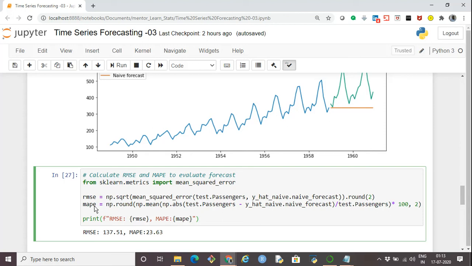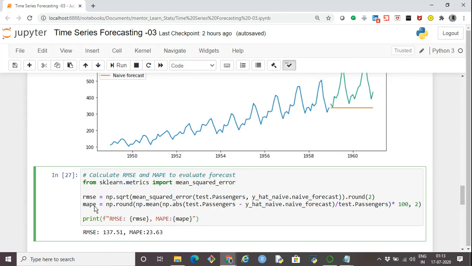Basically, we are calculating the percentage for each of the predicted values. We are finding the difference and dividing it by the actual value of the test, and multiplying it by 100, it gives the percentage difference for each of the predicted values. And then we are calculating the mean. So that becomes MAPE, that is mean absolute percentage error.